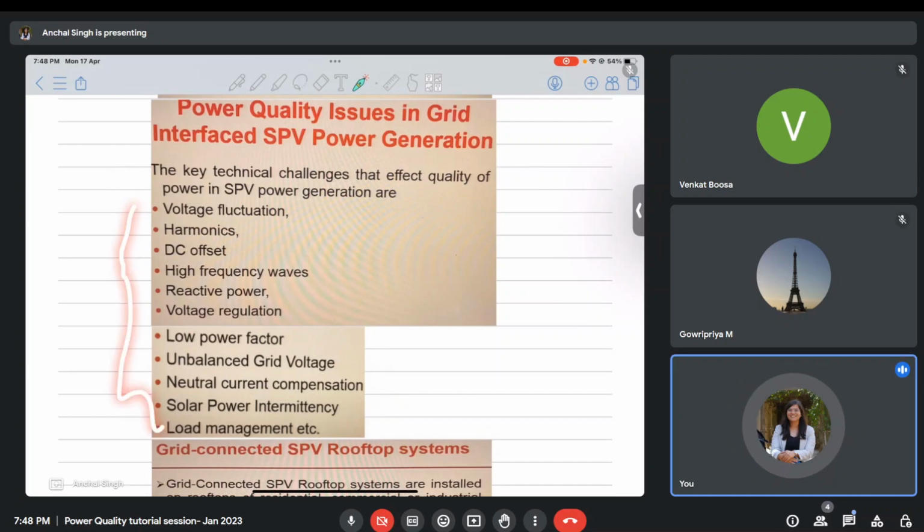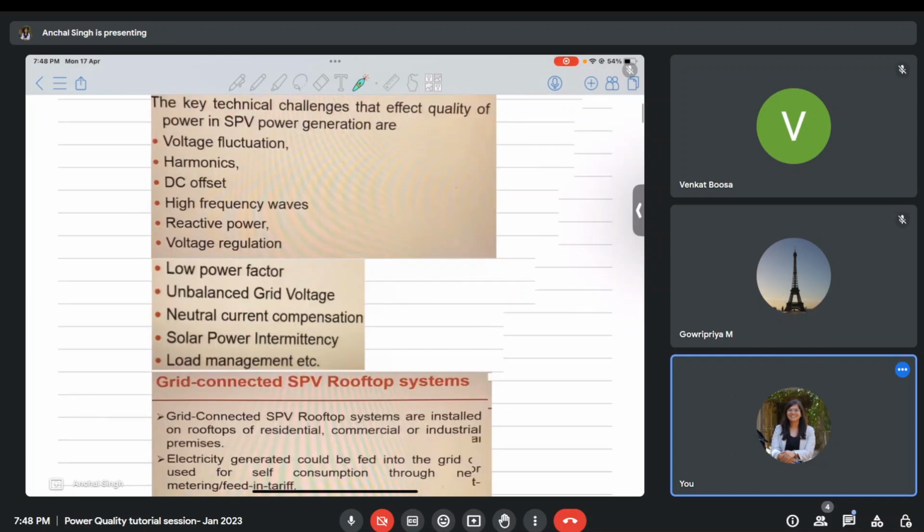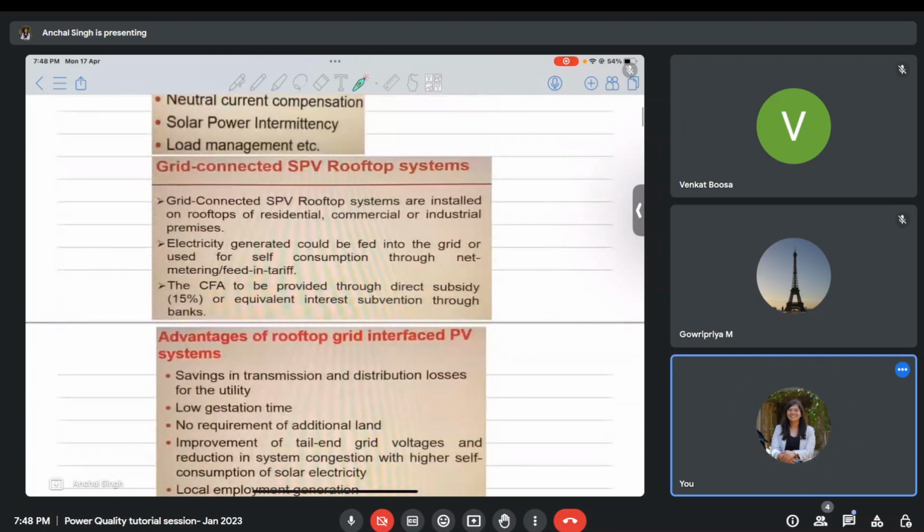Again, as we discussed at the start of the lecture, there are two options available to us. One is to put a separate shunt compensator or any kind of compensator for improving the power quality. Another is that there is already an inverter present which is converting the DC from solar into AC. So I could use that converter for these purposes. That converter will be called a power quality improvement converter, or IPQC.